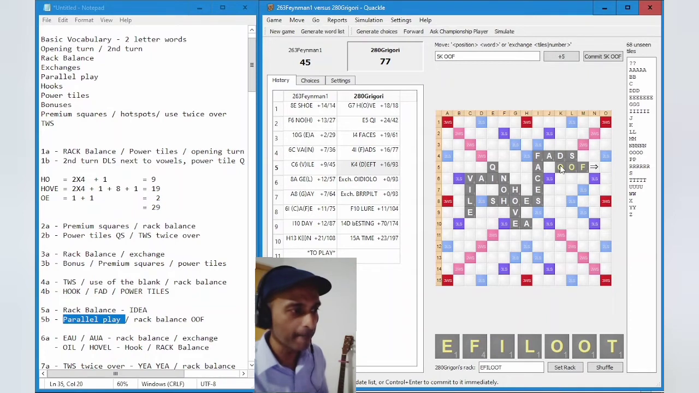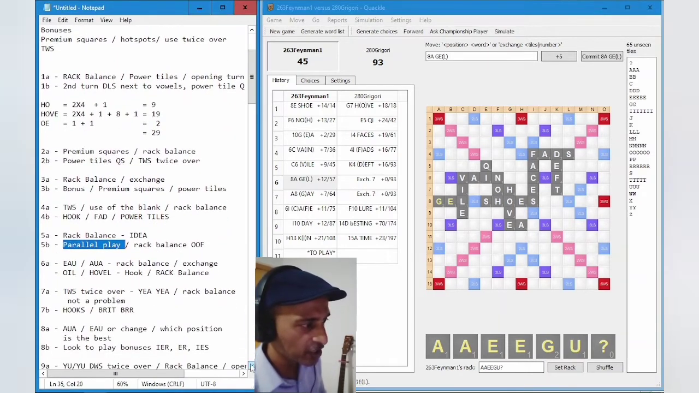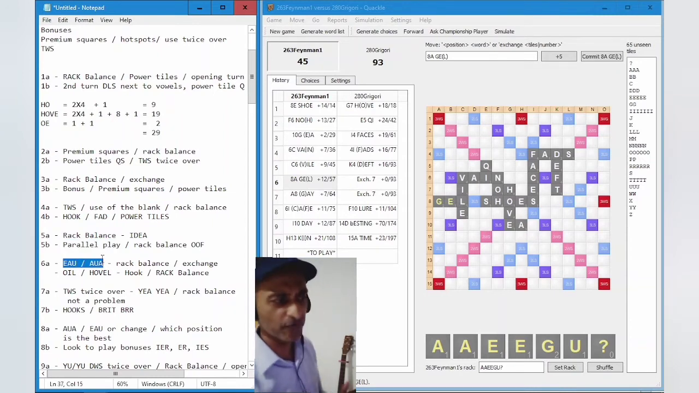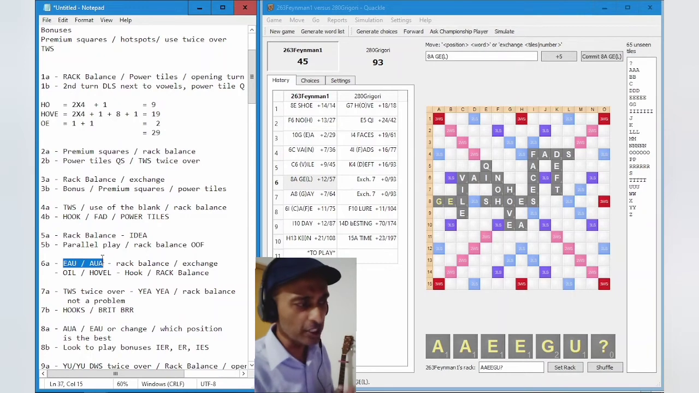All right, let's analyze the 6th turn for Feynman. Again, his rack is getting from bad to worse. Again, a situation where he has 5 vowels, a consonant, and the blank. So he should really try and play one of these 3-letter words which have all vowels. There are a few 3-letter words that you really need to be mindful of, which contain all vowels: E-A-U, A-U-A. There's another 3-letter word called A-U-E. Now these words can be used to